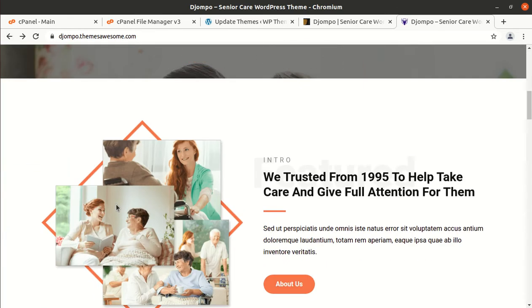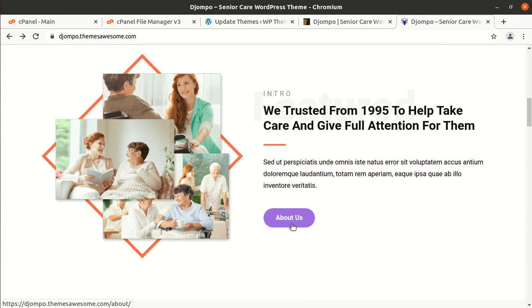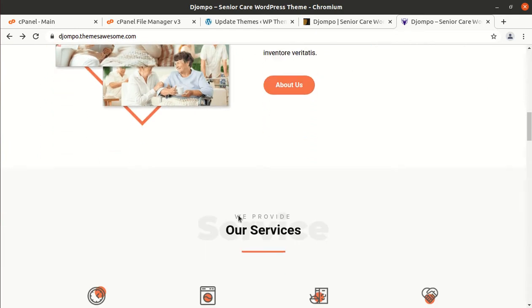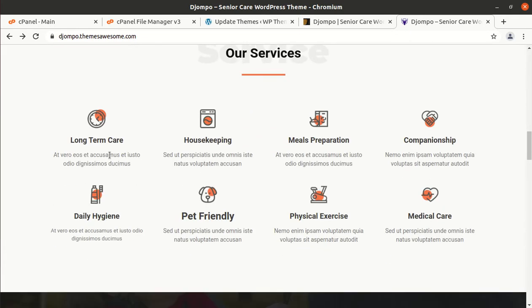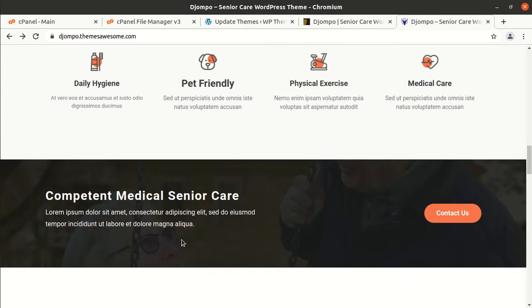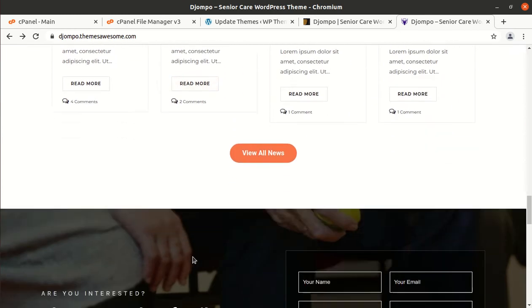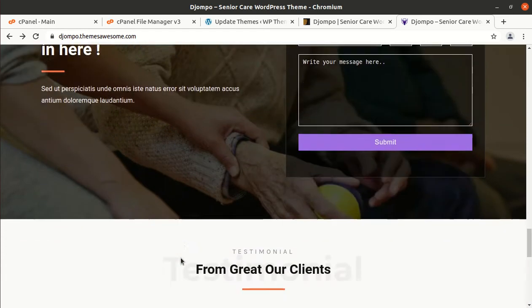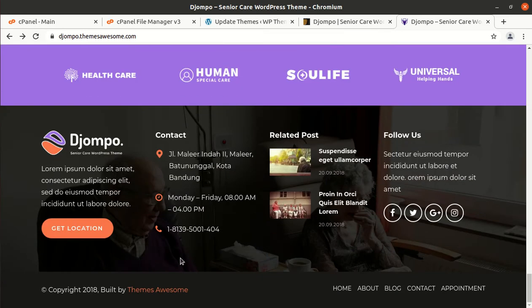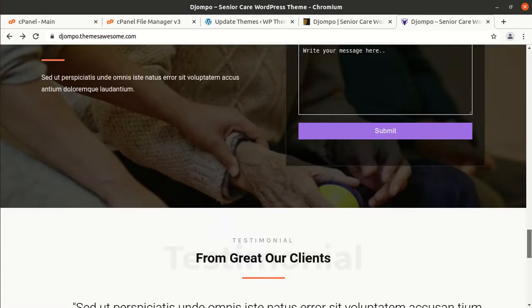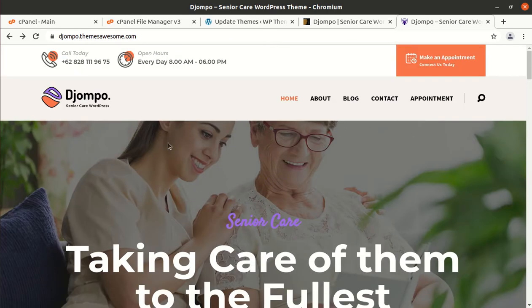Since it has been made specifically for senior care, it has all the features related to that, and you will feel all the information or areas you need for such a website are already available. So you can simply choose this theme for your upcoming website project for senior care.